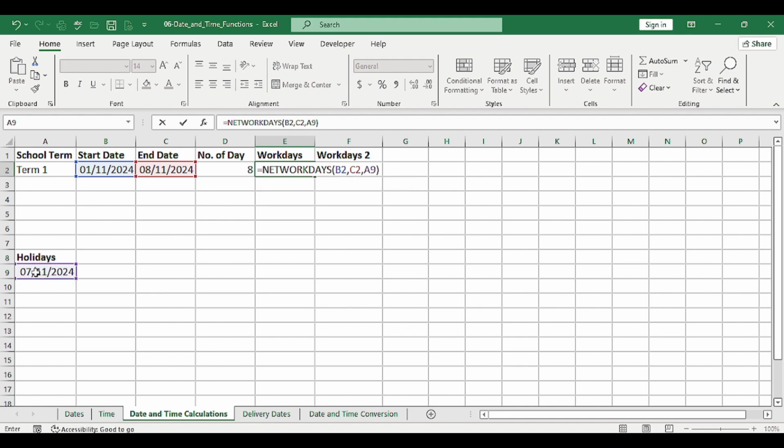Close the parenthesis and click on enter. The number of days is 8 days. We have 2 weekends, which is Saturday and Sunday, then one holiday, which is on the 7th. This will take 3 days out of the work days and give us 5 days as the work days. Now let's go to